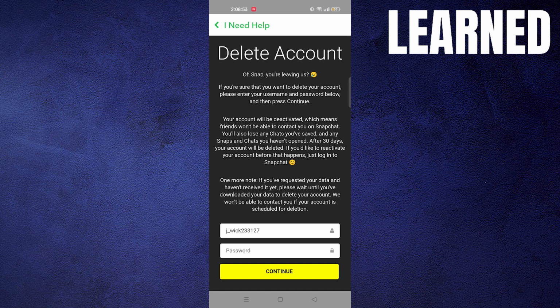To delete your account, you need to enter your username and password. After that, tap on Continue. This is how you can delete a Snapchat account